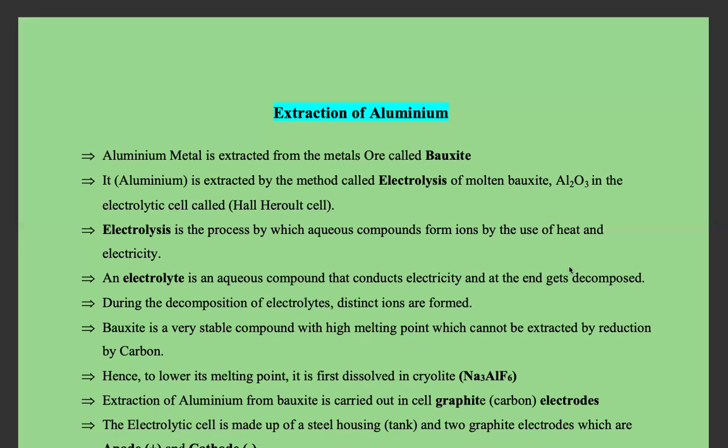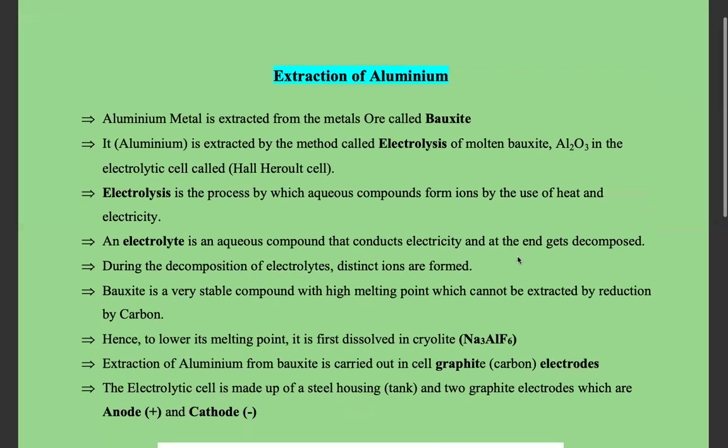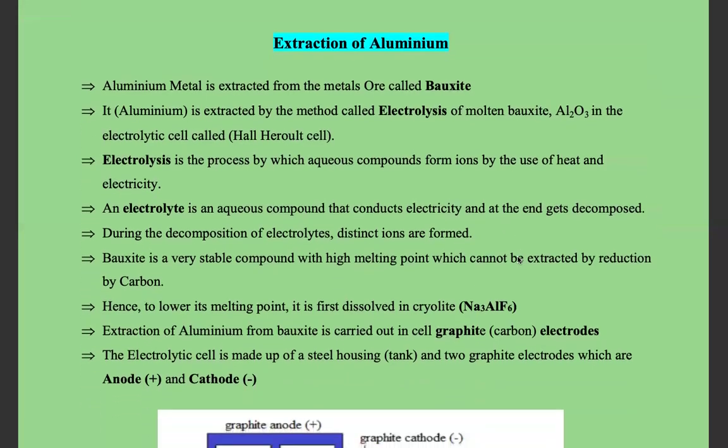Copper is extracted by thermal decomposition, then purified by electrolysis. Though copper has many methods. There is copper smelting, froth flotation, as well as thermal decomposition. So we're going to look at those forms. And then among the most reactive metals, we have aluminium, calcium, potassium, sodium. Those are extracted by the method which is electrolysis.